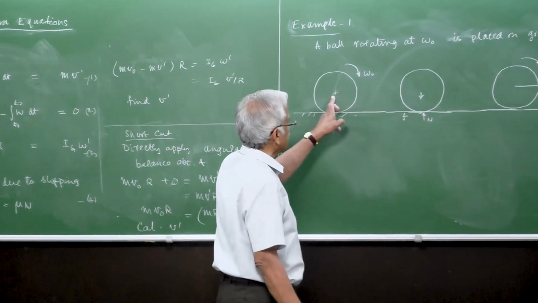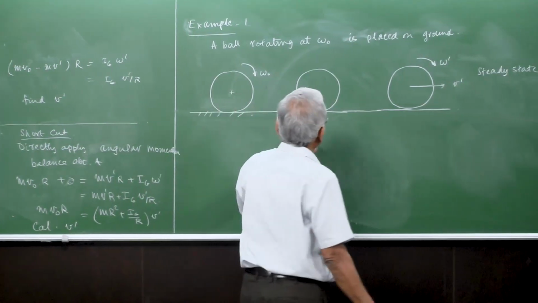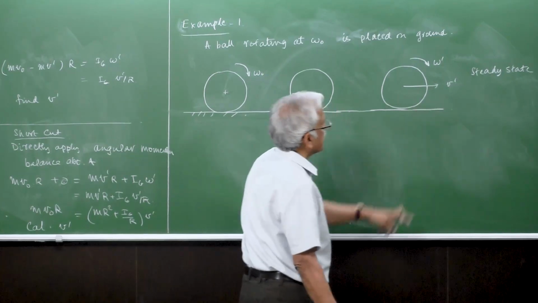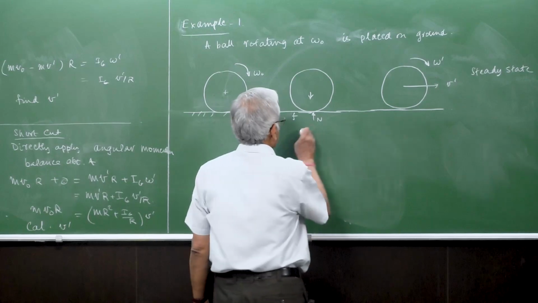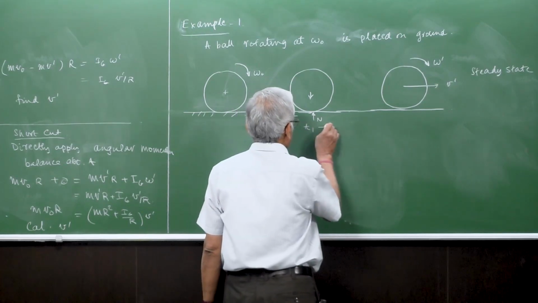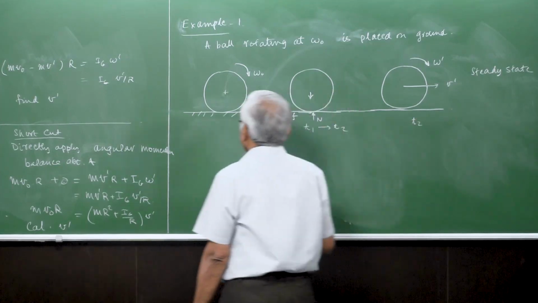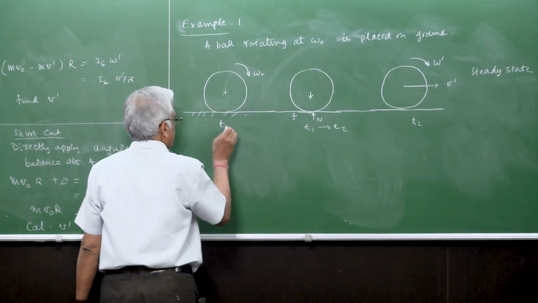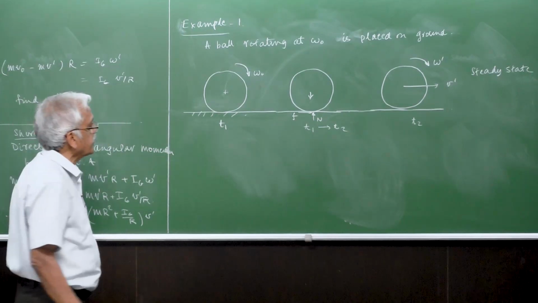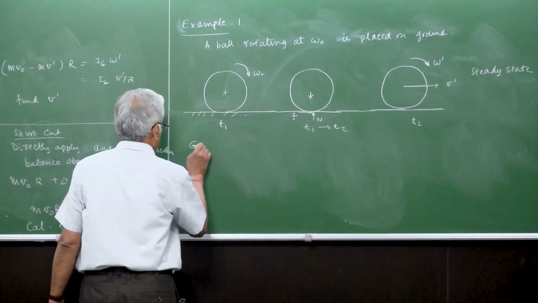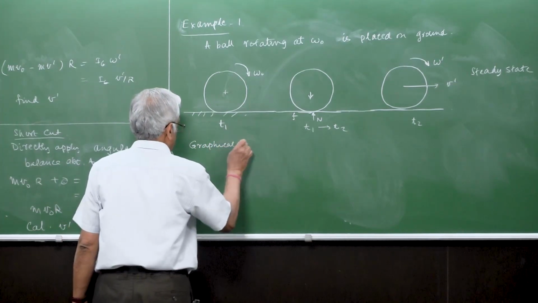So this is the initial angular velocity of the disk, and then this is the forces acting, and this is really a steady state. So this is between T1 to T2, and this is at T2. So if you want to actually make a graphical equation in the form of a figure,